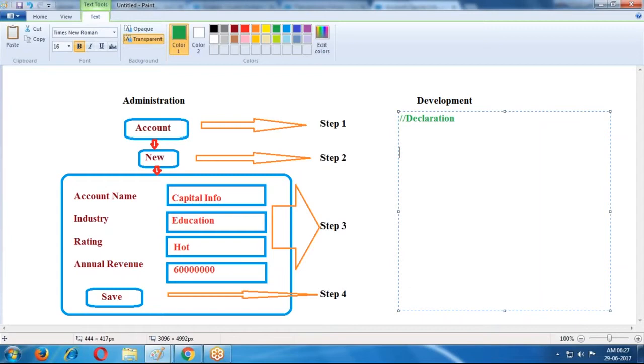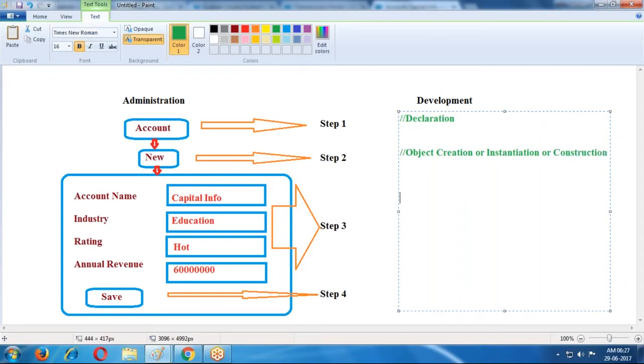Now second step, object creation, or instantiation, or construction.